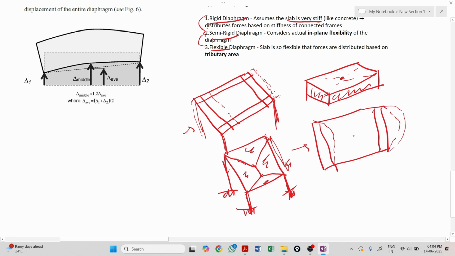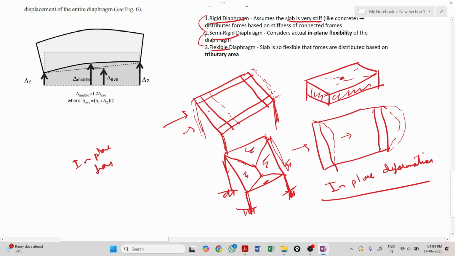This is a rigid frame and the deformation is large, and it is in-plane deformation. Here, because it is rigid, it is in-plane translation. So because it is a rigid diaphragm,